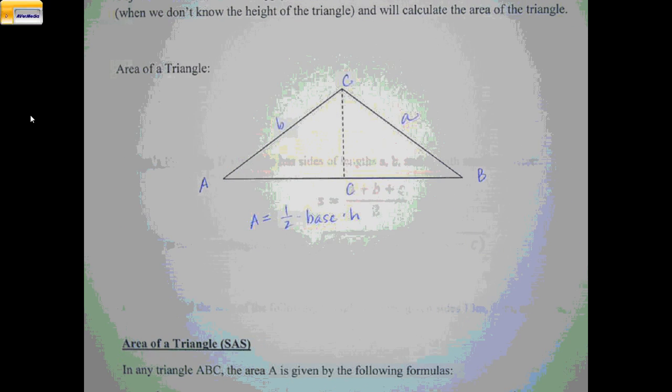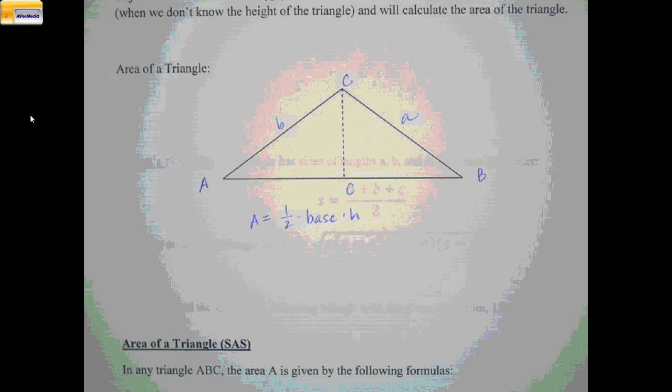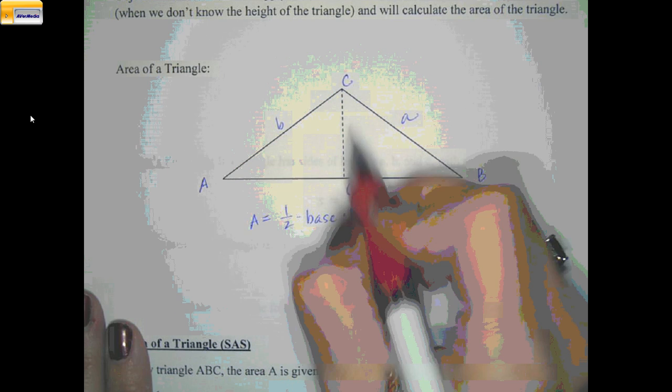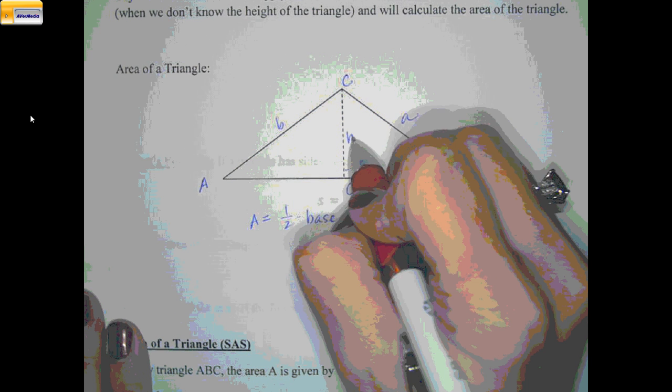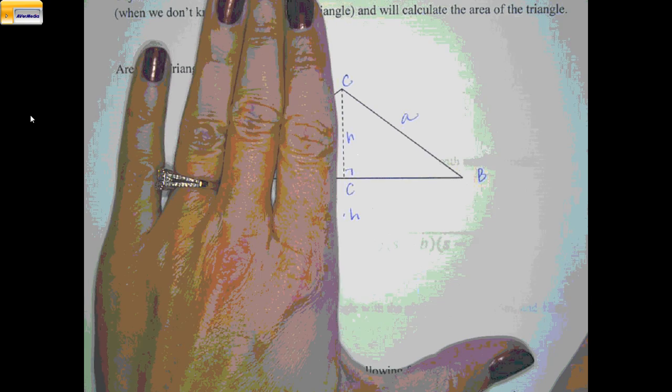Now, here's the thing. Today, maybe they're not going to give you the height. Yeah, problem. So we need another formula. So let's think about this. This is 90 degrees, and this is our height. I'm going to cover this up. If all you had was that right triangle,